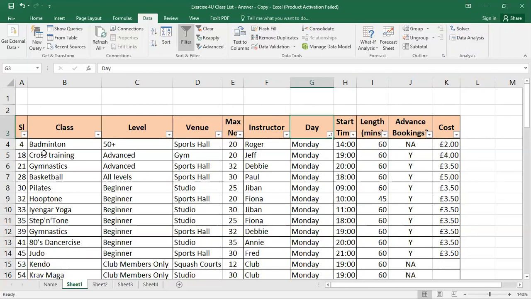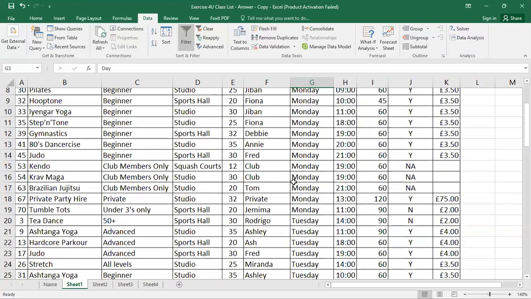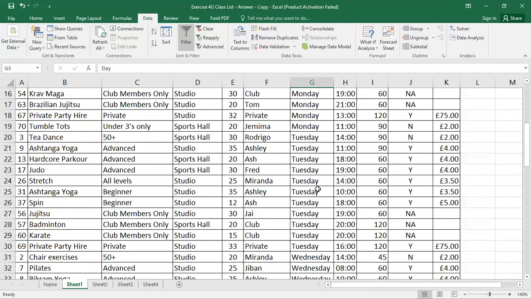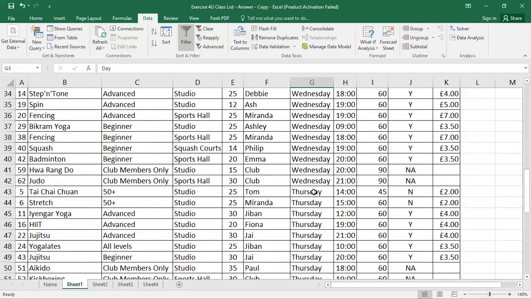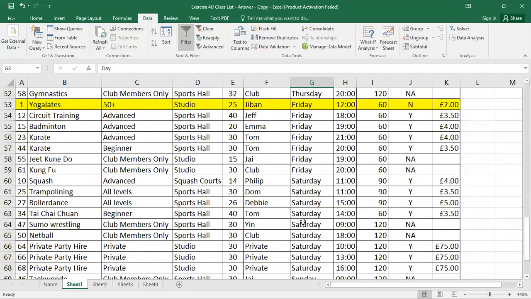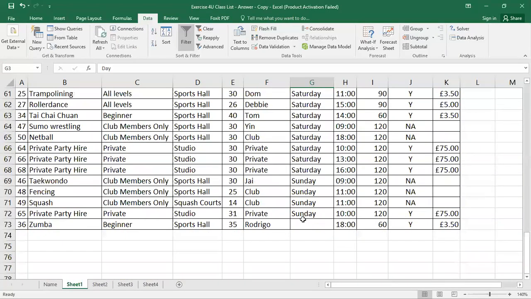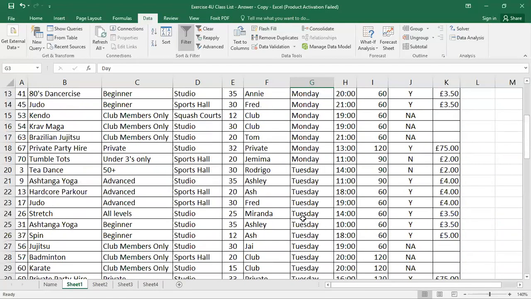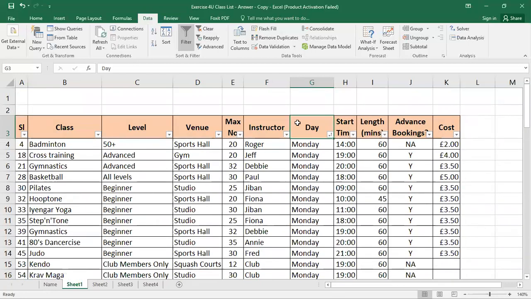Look here, the serial numbers are different because we sorted this particular table as per the order of the day. So here it is, first Monday, and then Tuesday, then Wednesday, then Thursday, then Friday, then Saturday and Sunday. So here it is a list actually sorted against the day.